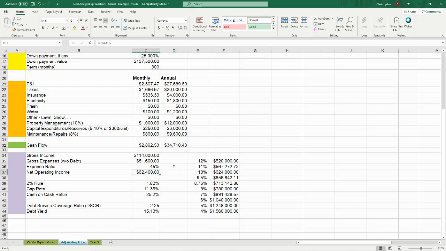There's really no yes or no, good or bad indicator with the net operating income. This is just a portion of the formula or a portion of the math that we're going to use to look at some of the other indicators and also to value the real estate asset. What is it worth? All right, if expense ratio was our first key indicator, then the 2% rule is our second one. The 2% rule, measured in a percent, is simply the ratio between monthly rent for the real estate asset or monthly income for the real estate asset and the purchase price or all-in acquisition price of the real estate asset. So we show here 1.82%.